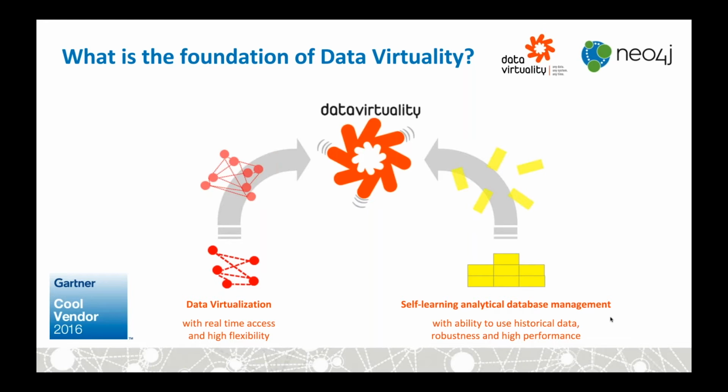So basically, you still have your live access, and whenever data is too slow or historical data comes into play, you can materialize this into some analytical database. So you have a high query performance for the analytical queries, but at the same time, you can still bring in real-time data from the virtualized data sources. So with that being put together, you will always have real-time data with high performance, which is a very large